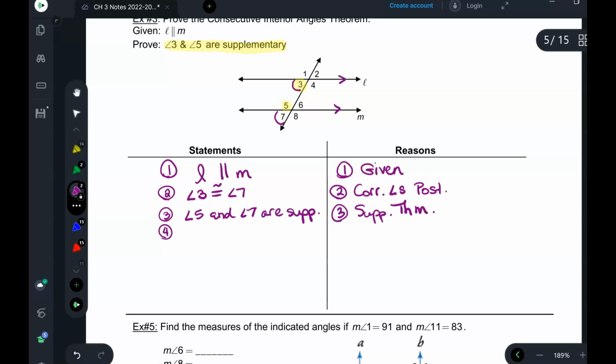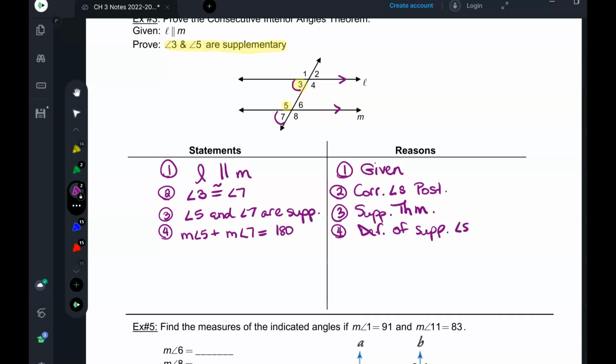So that means measure of angle 5 plus measure of angle 7 equals 180. That's the definition of supplementary angles. Again, if I can get 3 and 5 to equal 180,